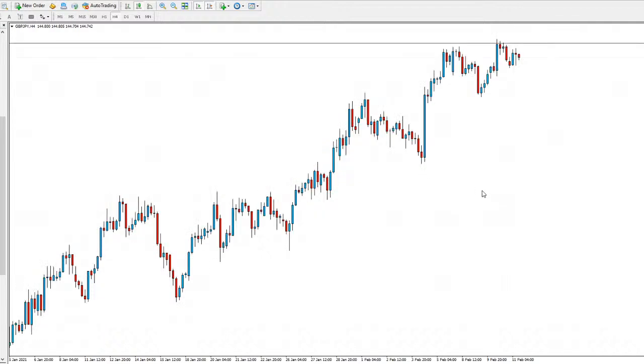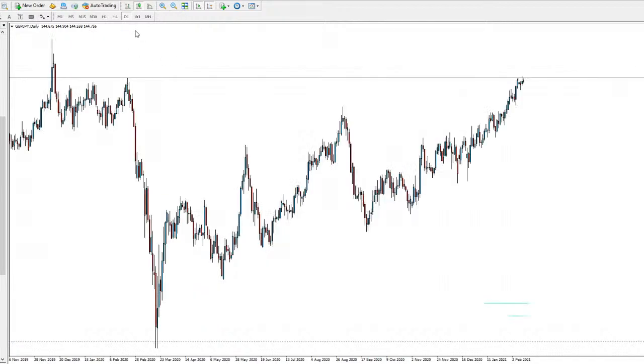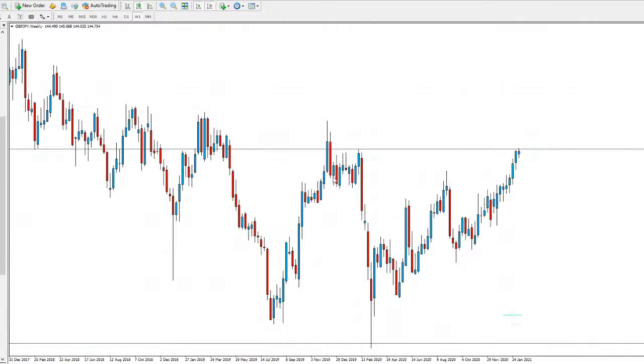So again, similar pair to GBP/USD, normally moves in the same direction. So you can see that we're looking very bullish here to the upside. Now price looks like it's testing this level here that I've drawn on the weekly here. Well, this is the daily chart. I jump to the weekly. So again, really strong level of resistance all across here. We're tapping into that now for GBP/JPY.